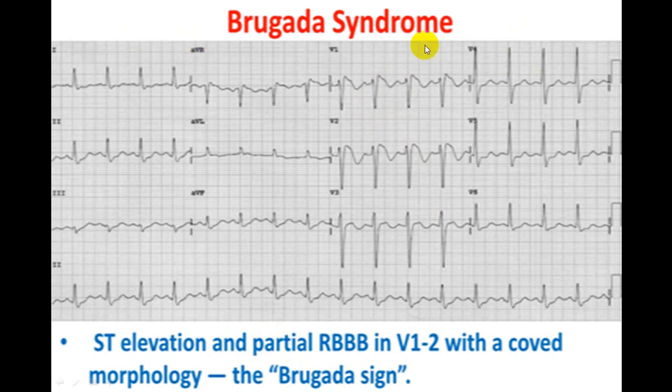It is a familial disorder and the person will suddenly develop ventricular tachycardia with ventricular fibrillation, and invariably the person can have a sudden cardiac death. This is a disorder which should be picked up early. If you pick it up early and put them on an ICD, the person's life can be saved. So do keep it in mind, this is Brugada syndrome.